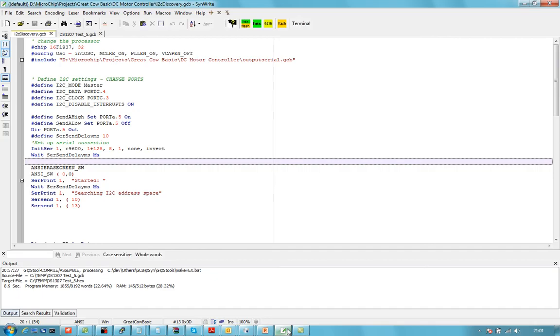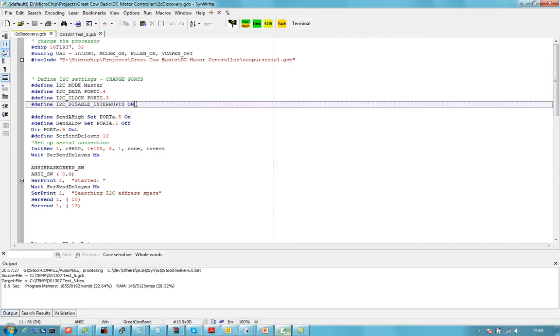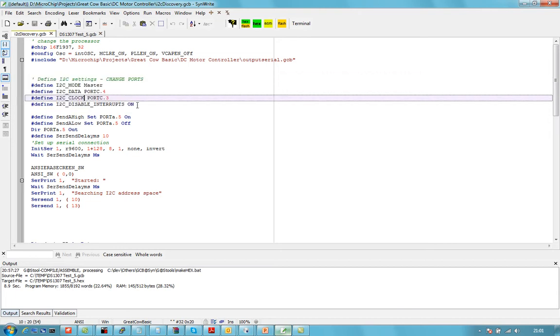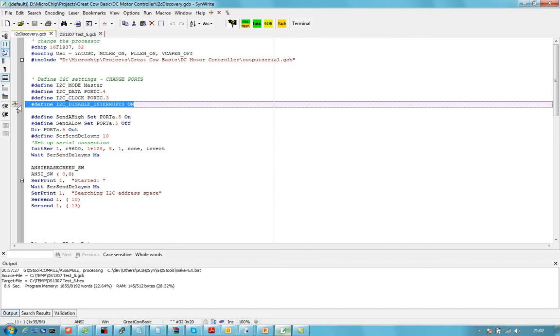The code is extremely similar to the existing code. Very, very similar. Essentially what I've got is the same commands to set up I2C. I've got a master, a port, the ports for the clock and the data exactly the same, and I've got a new command called disable interrupts. You might need that. I need it in some of my programs, so I've included it in the update, and